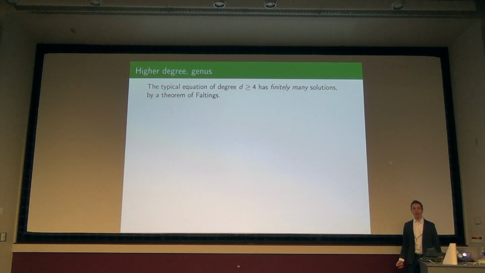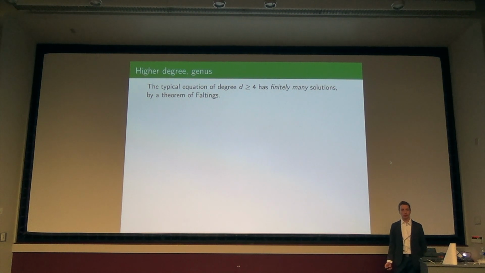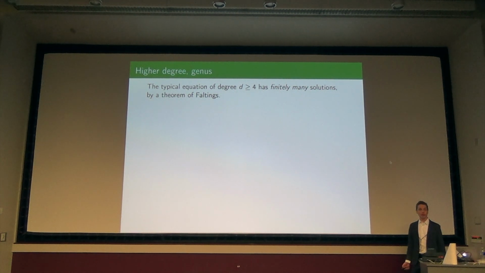I'm just going to go way big degree and talk typical. So here's the kind of shocker, but it is really fundamental: the typical equation of degree greater or equal to 4 has finitely many solutions. This is a theorem of Faltings. I'll tell you what typical means, but is that a surprise, or is it sort of clear that as the expression gets more complicated, it should be harder to plug in rational numbers and have it equal 0? I guess that's the intuition behind it. That would be the basic heuristic.